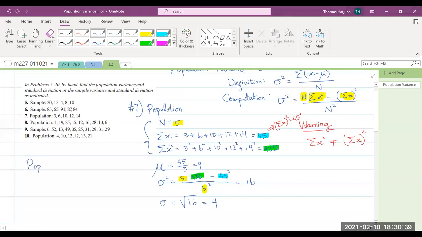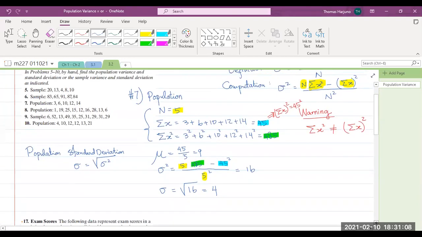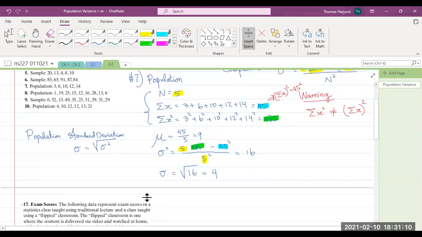Population standard deviation, denoted by sigma, is the square root of sigma squared. In fact, all standard deviation is always the square root of variance, regardless of whether it's population or sample. Okay. Now, how about if we have